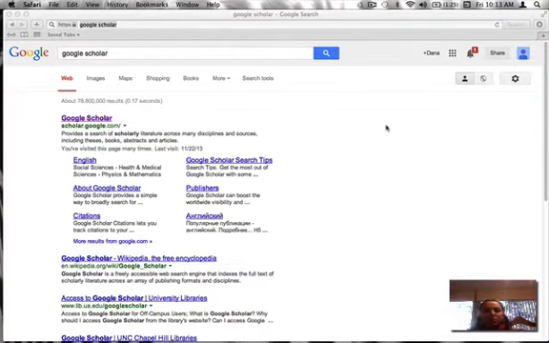I like EBSCOhost and I like the database within the library system, but when I was a grad student, I struggled with it. I didn't feel like I was understanding the Boolean phrasing correctly, and so I developed what I find to be an easier way to research, and that just begins with